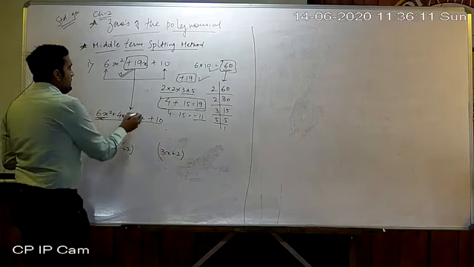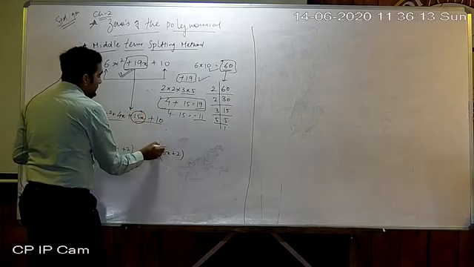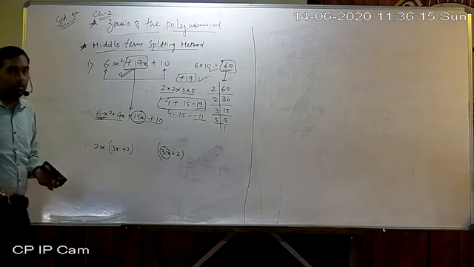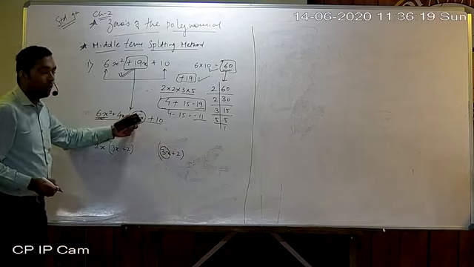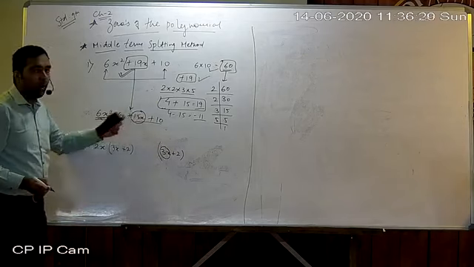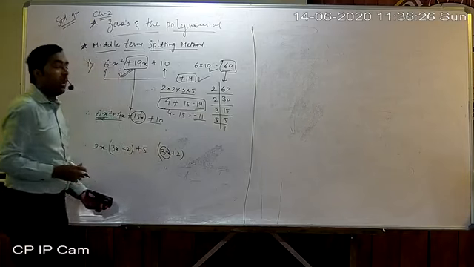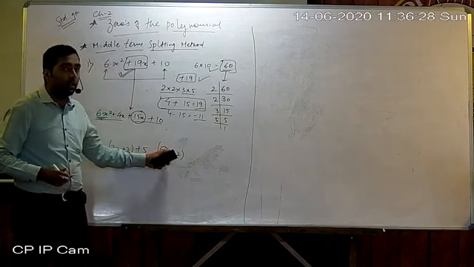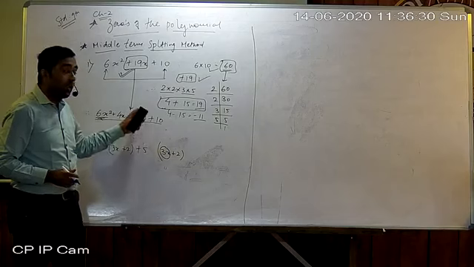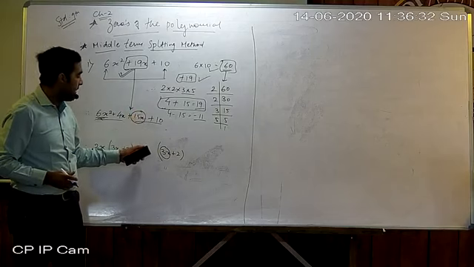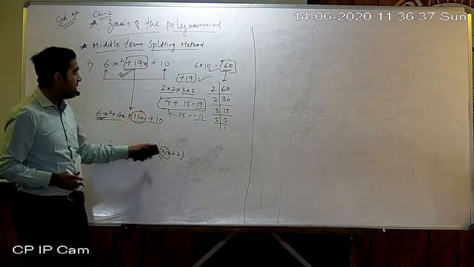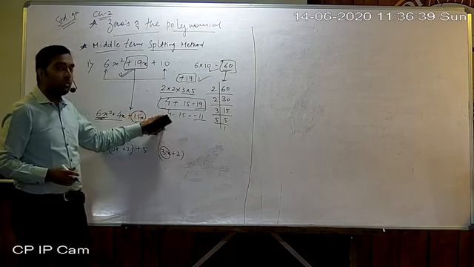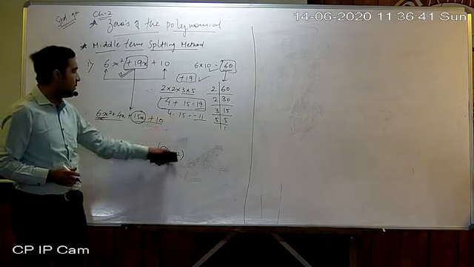Now we have to check only and only the third term. Which number should you multiply with the 3x to get 15x? I'll multiply 5 with the 3x to get 15x. So my answer is 5 into 3, that is 15x, and the last term is automatically given. Okay, 5 times 2 is 10.